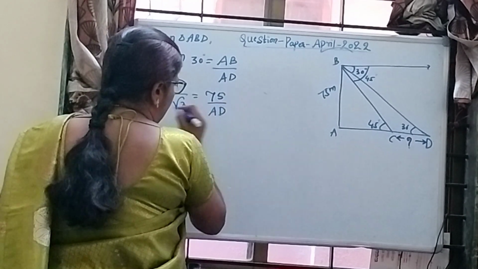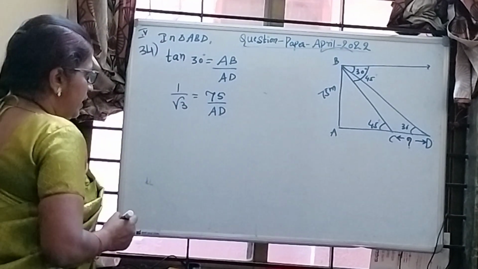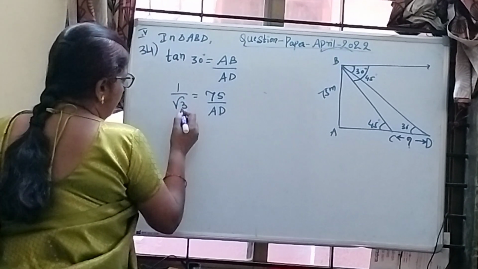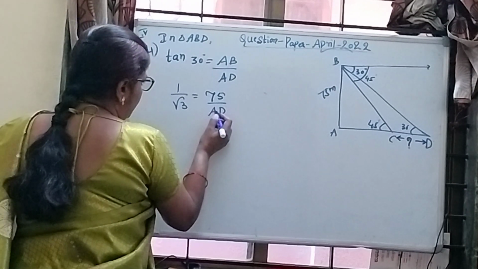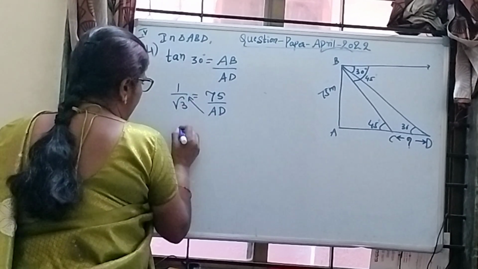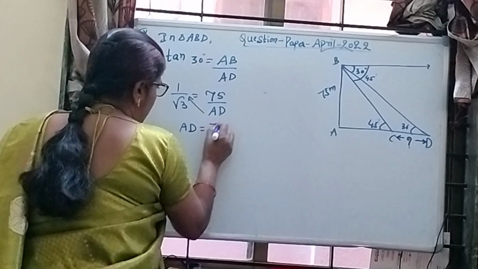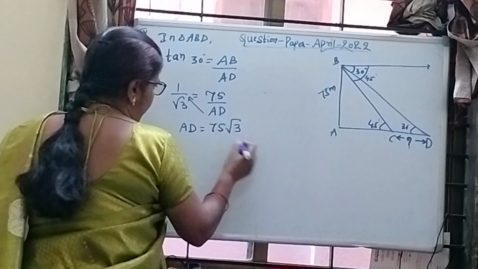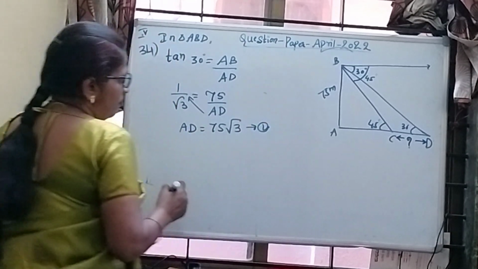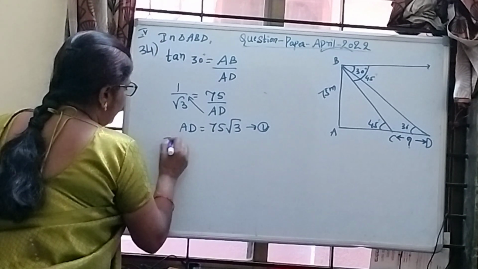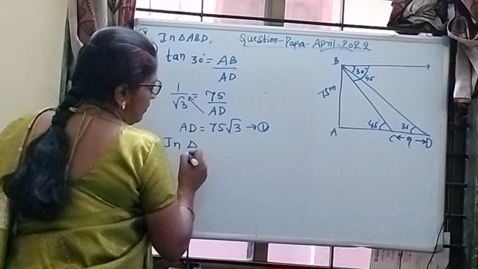We don't know. I'll write it as it is. Divided by AD. So now 1 by root 3 is equal to, or you can cross multiply, AD is equal to 75 root 3. This is equation 1 you can call. Next we will take in triangle ABC,